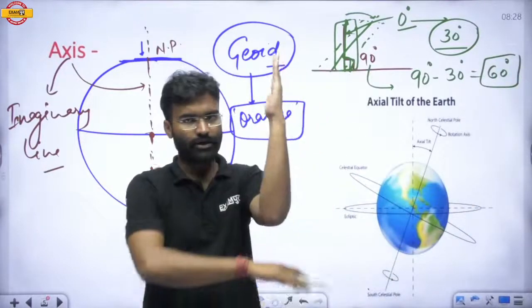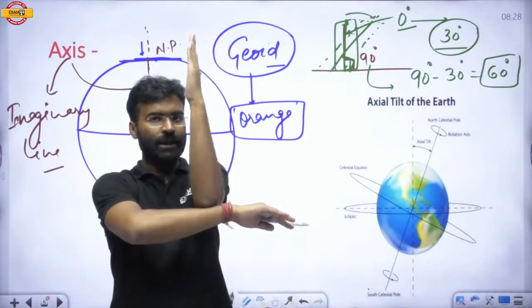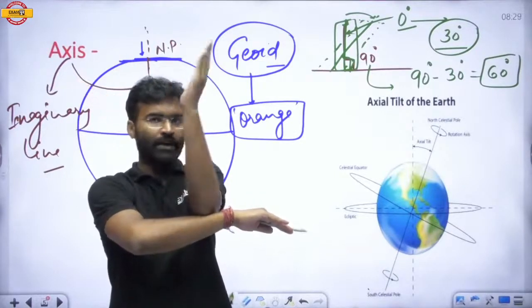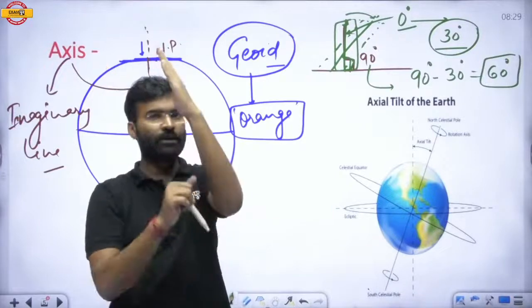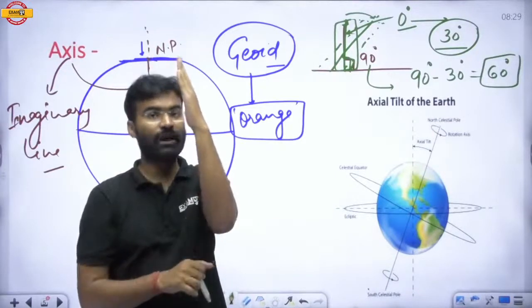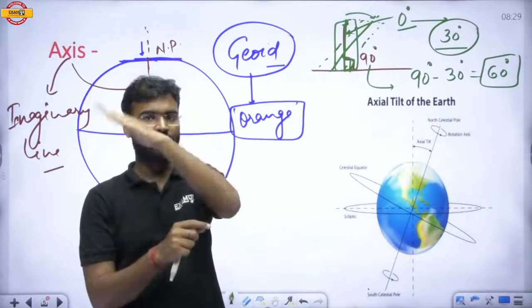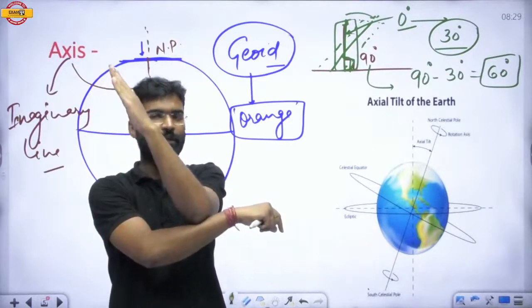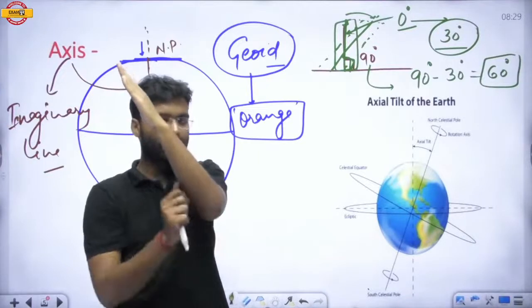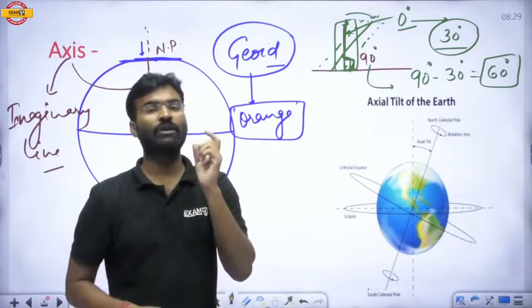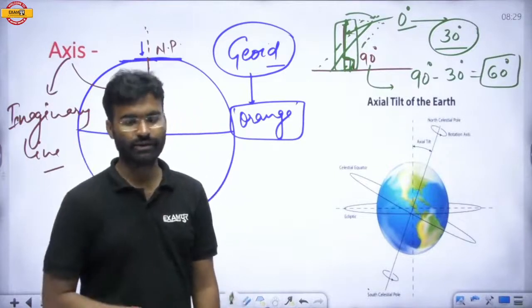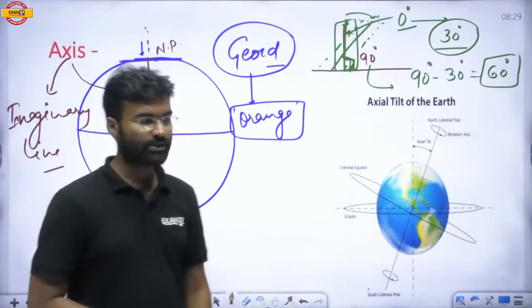If any object is located on this surface at 90 degrees and this object started to bend by some angle, there is a subtraction from the 90 degrees. Suppose this is tilting by 30 degrees, so the angle that it will make here would be 90 minus 30 is equal to 60 degrees. So this would be the